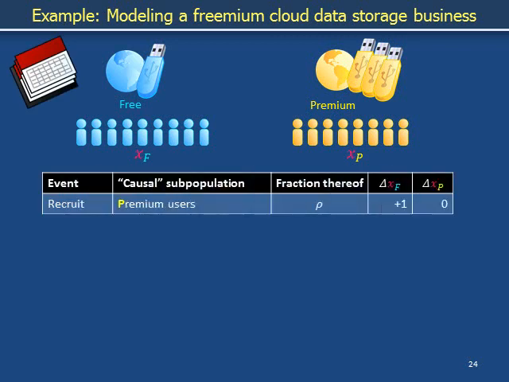A paying customer can recruit a friend to try out your service. For simplicity, say that in any given month, a fraction rho of the paying customer population persuades a new customer to sign up for free service. For example, if the fraction rho is 3/8, then 3 out of 8 of the paying customers initially present at the beginning of the month succeed in each persuading one friend to join the free customer base by the beginning